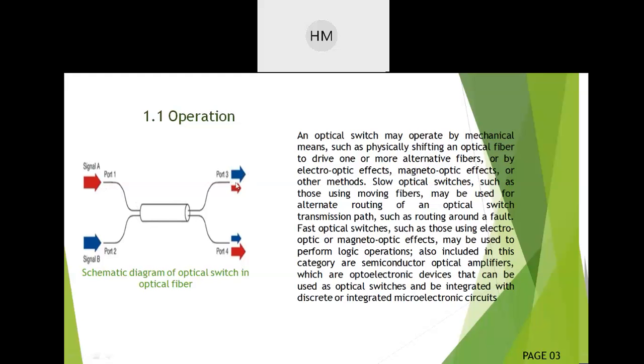will divert the signal to port 3. If I want that signal B should be generated at port 3, again I will change the routing of the switch so that signal B is generated at port 3. Okay, it will be transmitted through this loop. So this is simple switching operation. Has everyone drawn this diagram? Have you finished with this diagram?